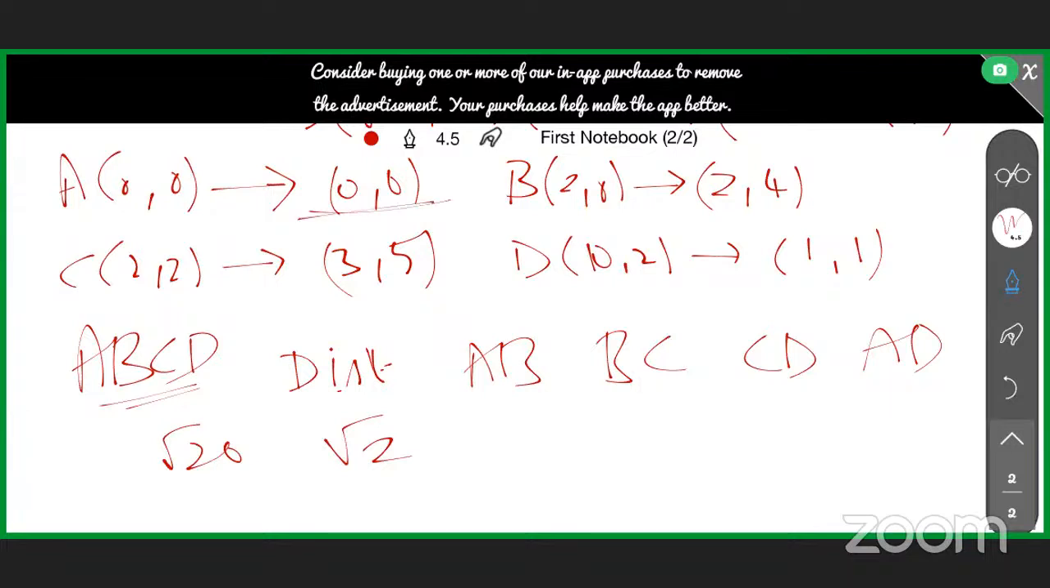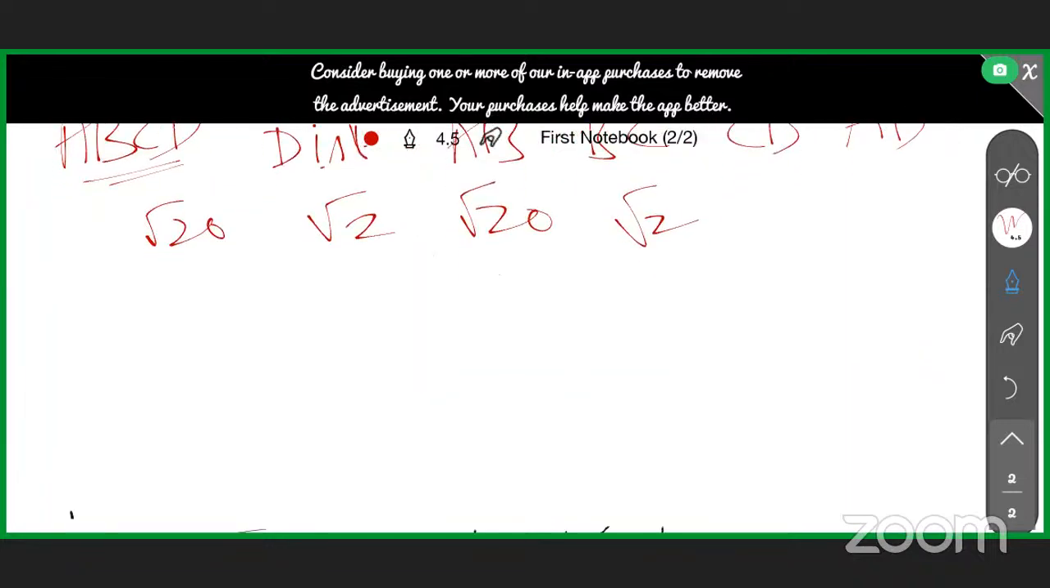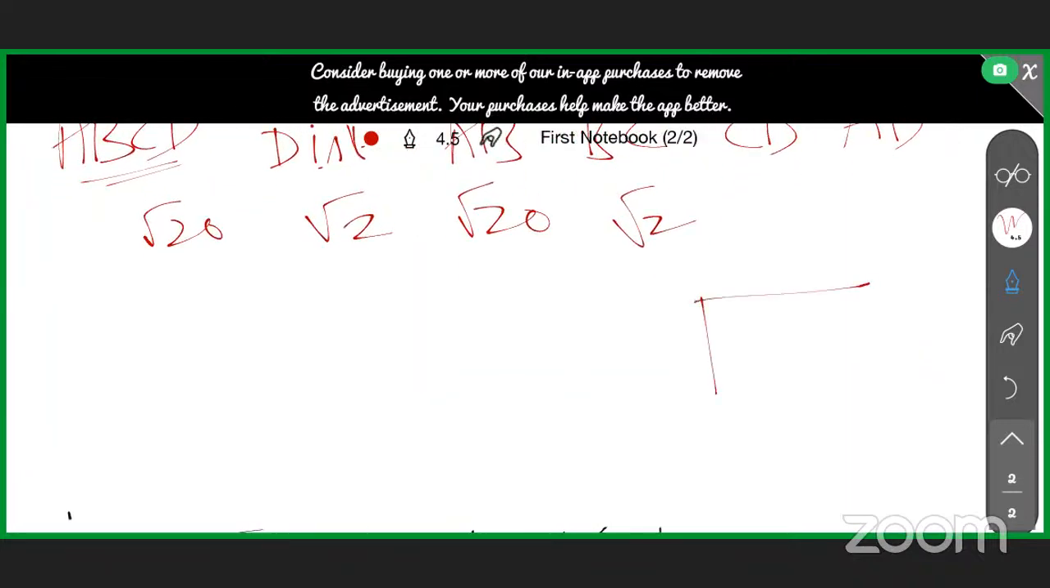this is your A value, this is your B value. Find the distance using the formula. So this will be again root 20. Next from here, if you do again, it will be root 2. See what is happening? If I arrange this as some figure, a rectangle A, B, C,